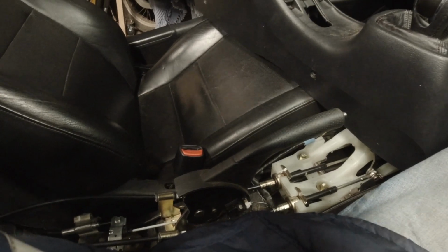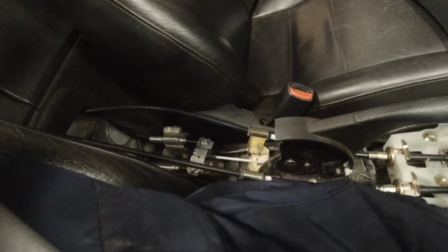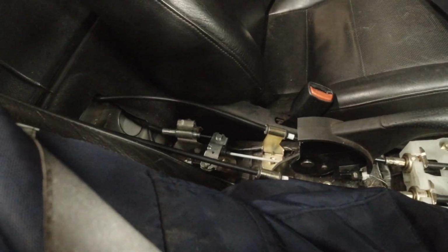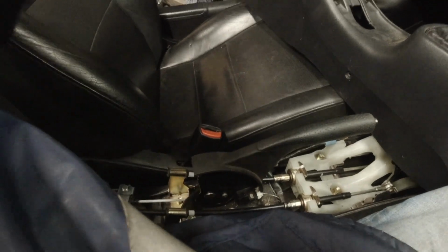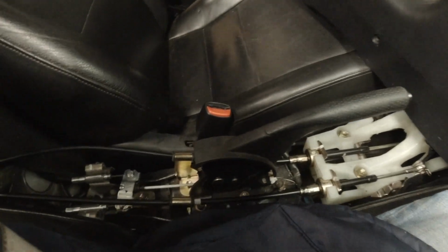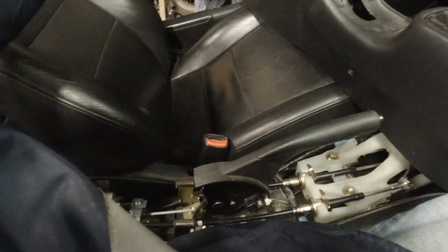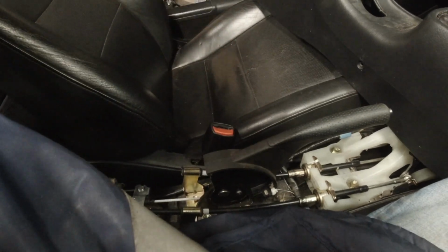I hope the explanation of how to do it is going to help some of you out there who are struggling with these handbrakes. I've struggled with it for a couple of days until I started playing with the caliper that I've got on the bench and realised once you've wound it all the way back in, the piston doesn't come out. It just comes out and goes back in on the cam. Hasn't reset the ratchet mechanism in the caliper, and that's what you've got to reset on the car by pumping the brakes. That's all you're trying to do, but you have to do it with no tension on the cable,